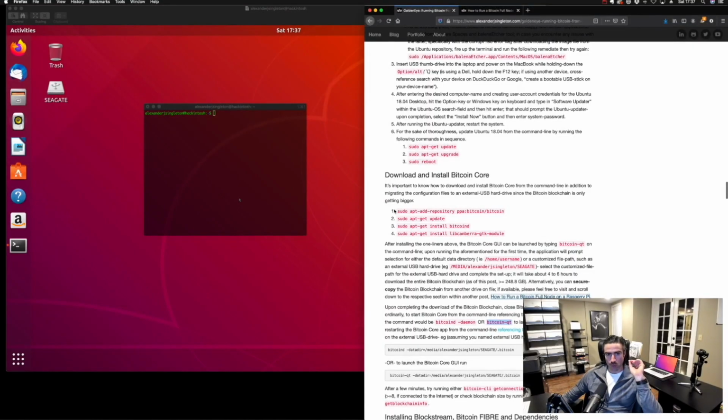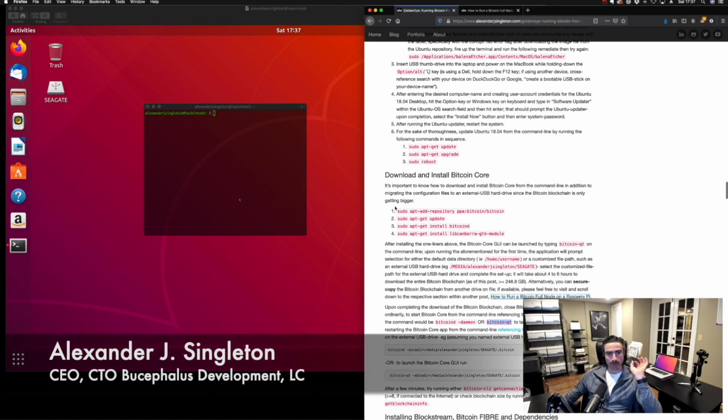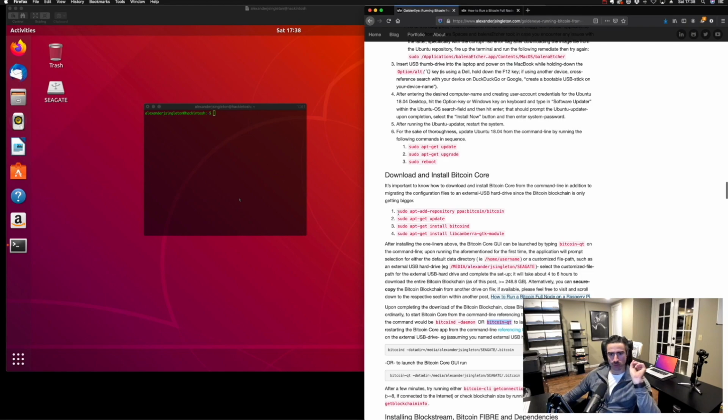All right, folks, while Blockstream compiles, that'll probably take about an hour, I'd like to use this opportunity to take a quick interlude and briefly describe how to download and install Bitcoin Core files and then migrate them. This will come in handy if you plan on spinning up more full nodes down the road, because it is a time-consuming process. So just let me briefly explain what's going on here. So let's go ahead and begin here. What we would do is we would run these commands,